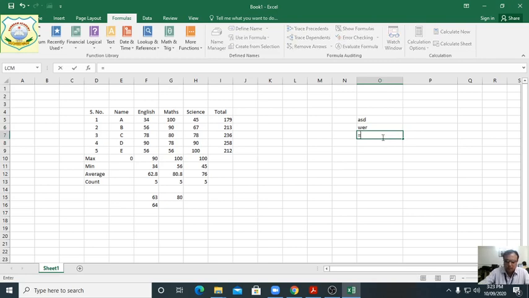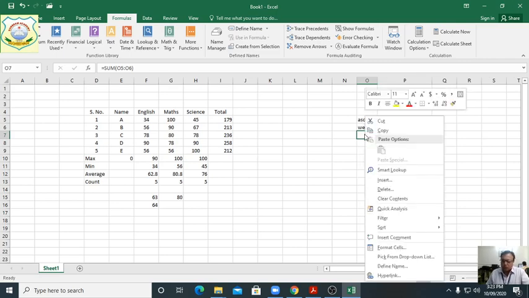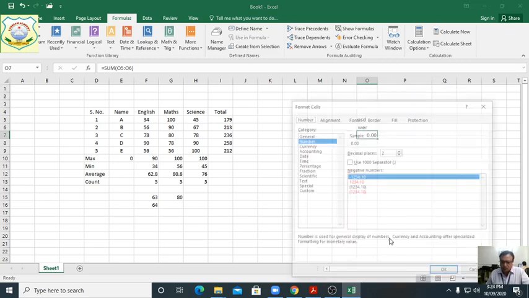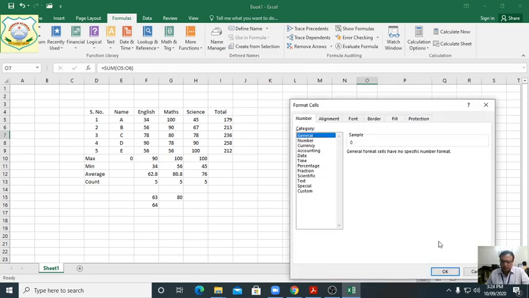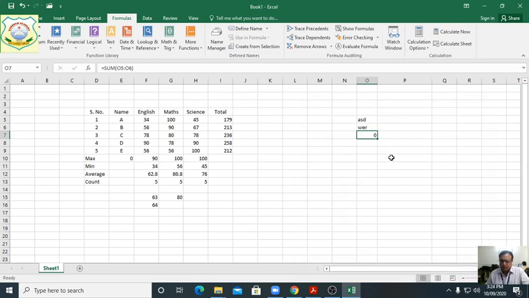We want to add it. Close this one. What will come? 0, because this is not a number. We have selected as a number, so that's why we have changed here to general, only 0. Clear?